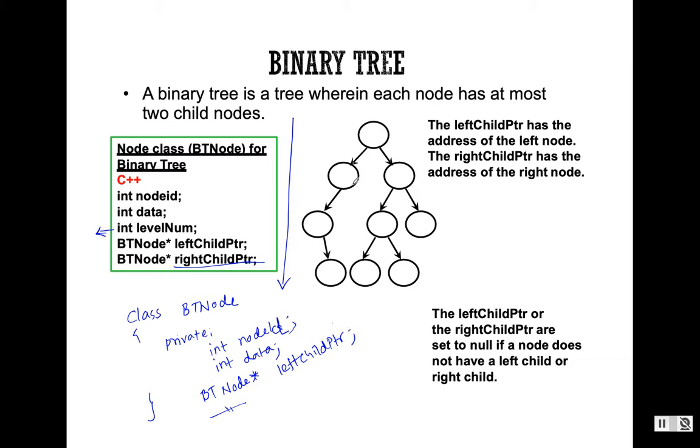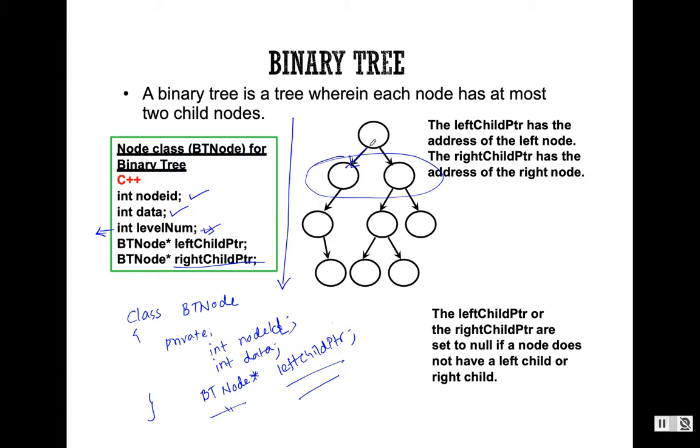So for each node, we saw that each node is in a specific level. Level is actually the same as depth. We can also consider them as private member variables of the data structure to represent each node. Each node has an ID, the value associated with this node, the level number, and